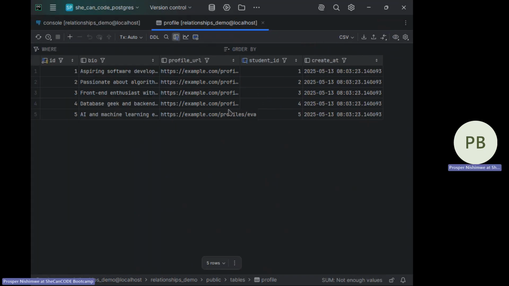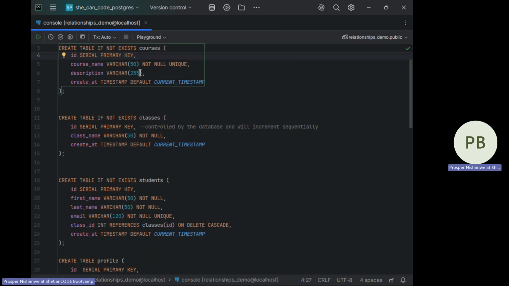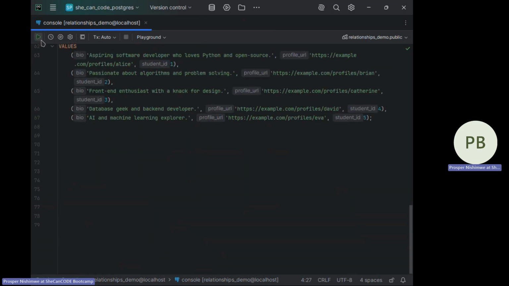This is what we get when we run the select query. As you can see, here we have the profile, but for now we are not being able to